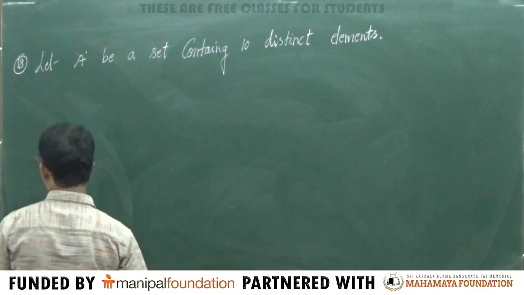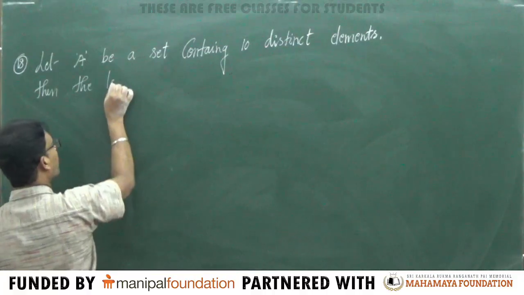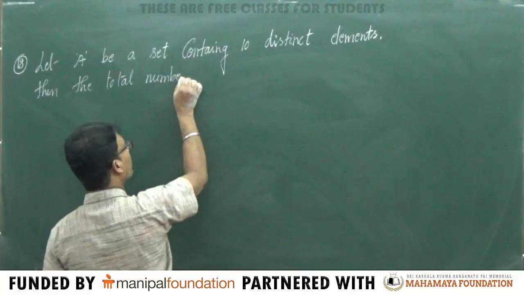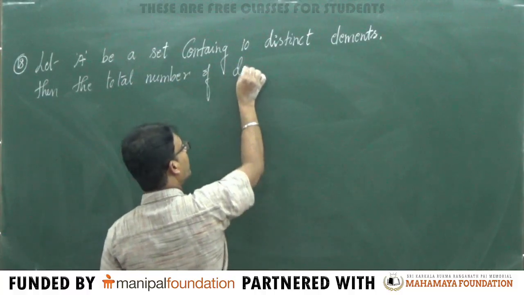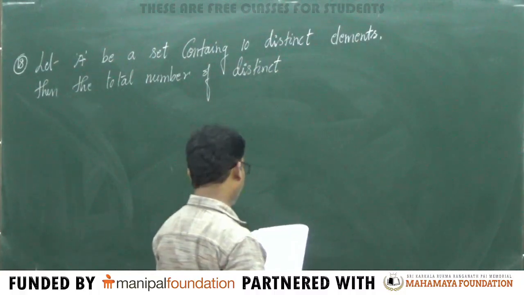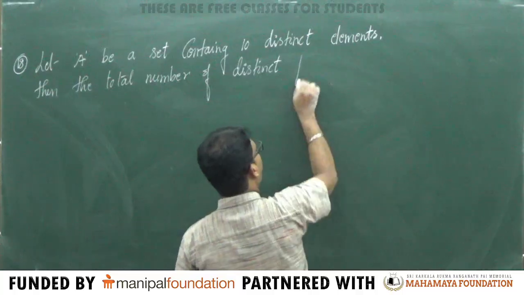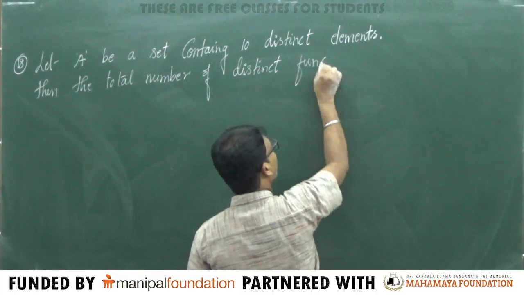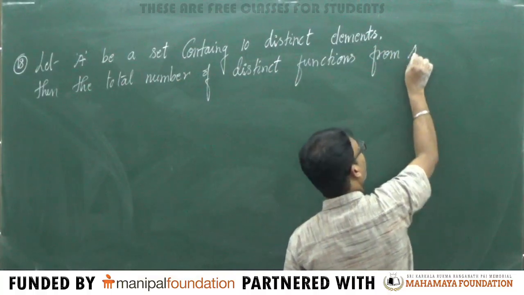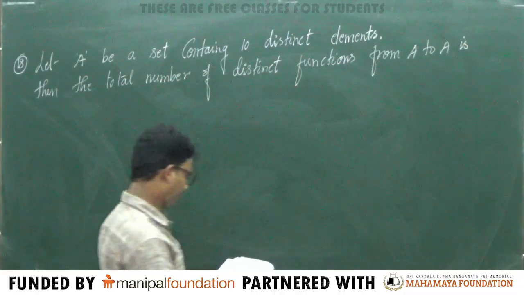Then the total number of distinct functions from A to A is